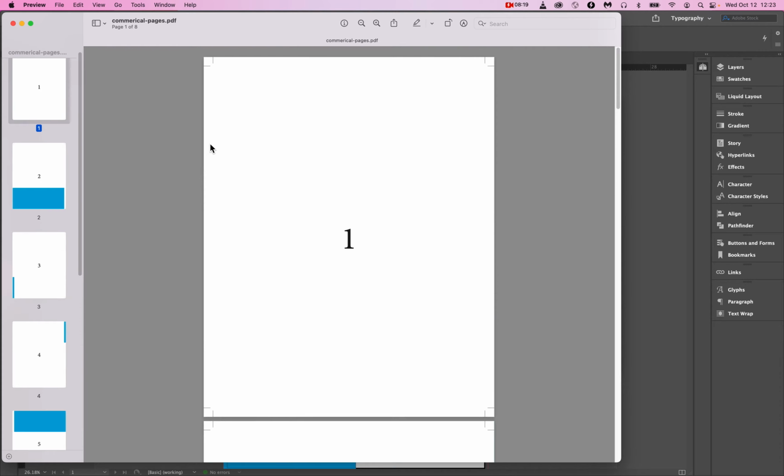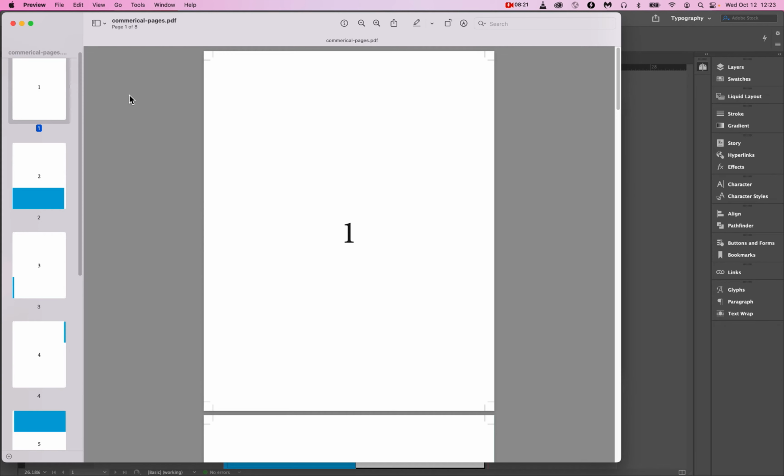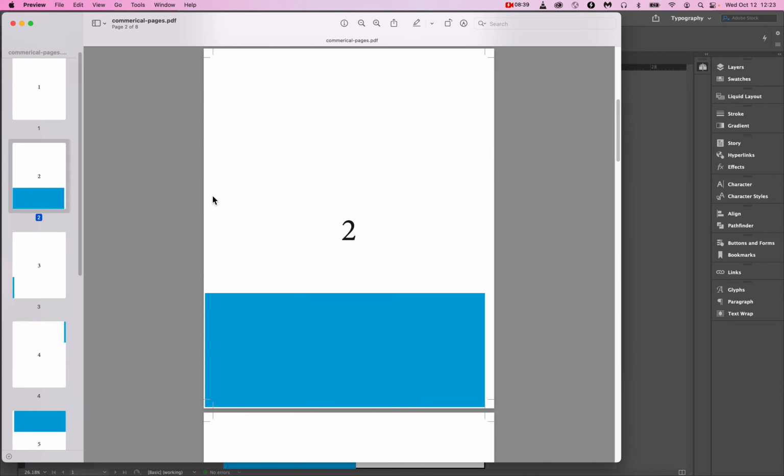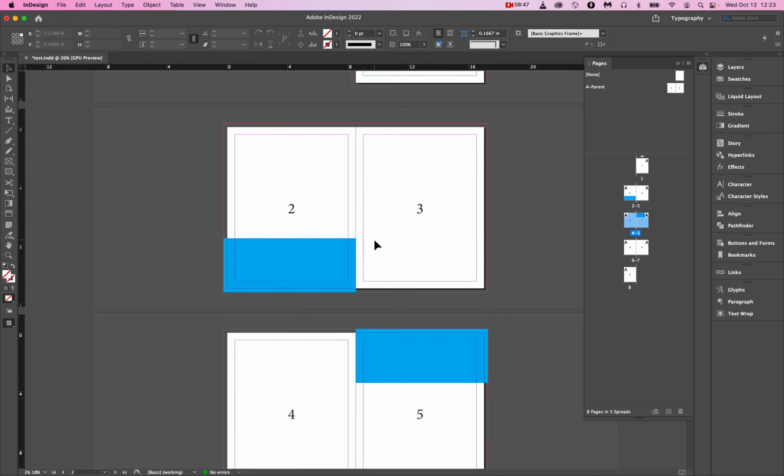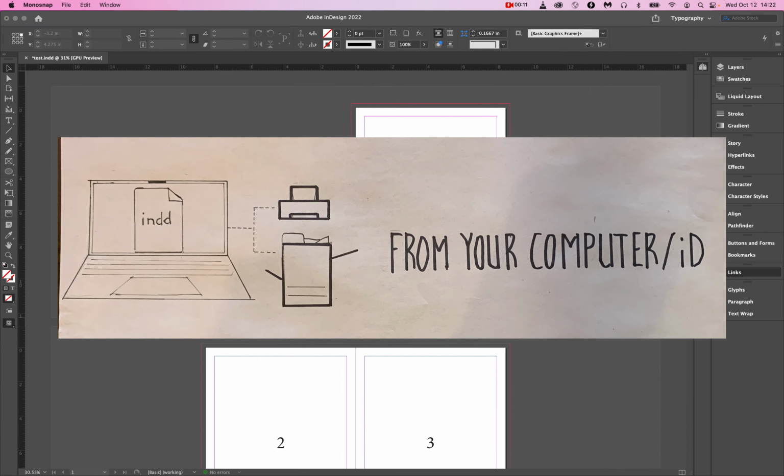this. Okay? Now, obviously, if we look at our next style of printing, which is if you are sending it from your computer straight to a printer, you're in InDesign and you want to send it to a printer at school or a printer at home, you can't do this because it's literally just going to come out page 1, page 2, page 3, page 4, and you won't have a booklet. You'll just have a bunch of pages. So for that, we need to use something called the booklet printer